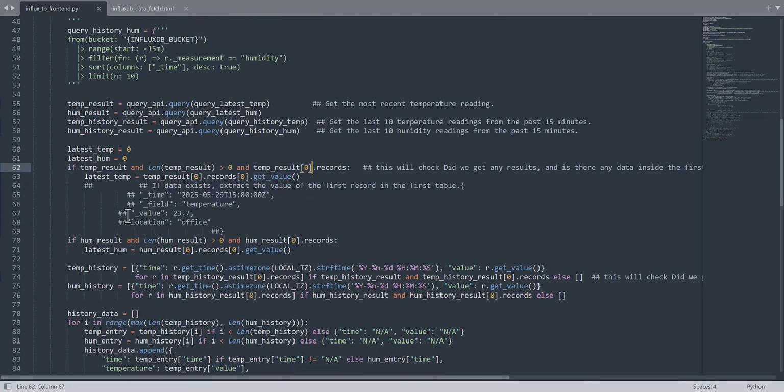then drop the first result as get value into latest temperature, which means that I provided some example here to make sense for you of what the meaning of that is. So it says that if data exists, then extract the value, the first record, because that is the first record, yeah, the 0 argument, the first record, and in the first table,